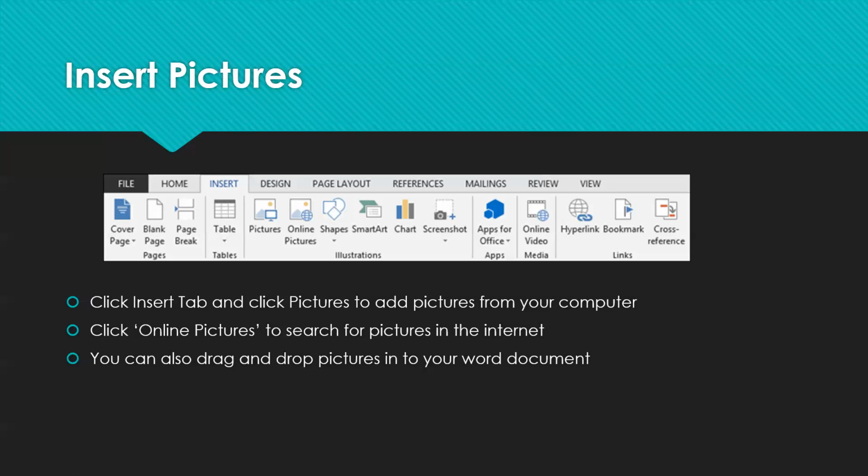There will be a window that will be opened, and in that we have to type any picture name, maybe a lion, so that we can search all the lion pictures on the internet, and then we can select those pictures and insert them in the document. So this is the second way. And the third way is also from your own computer. We can drag and drop into the Word document to add the picture. We'll see some examples of how to do these things.